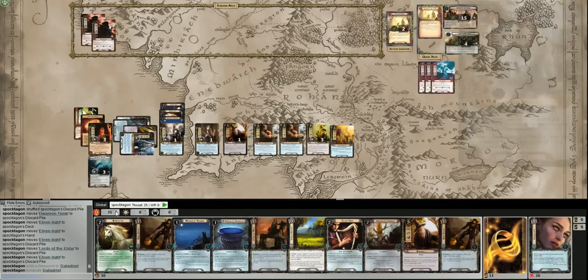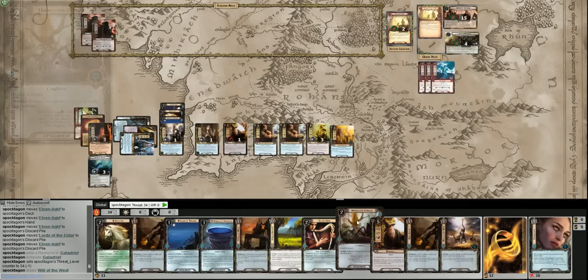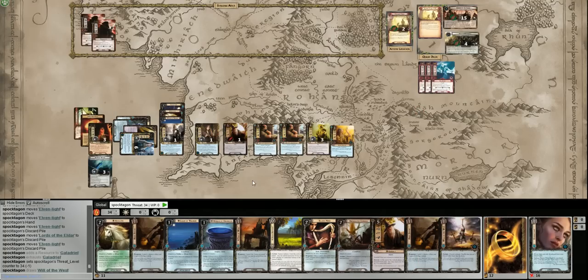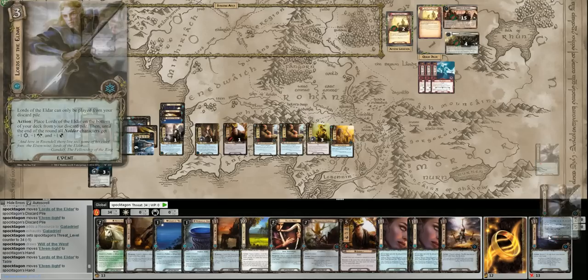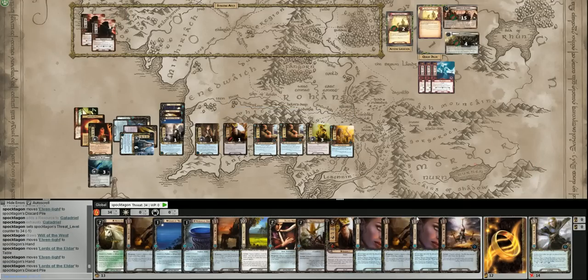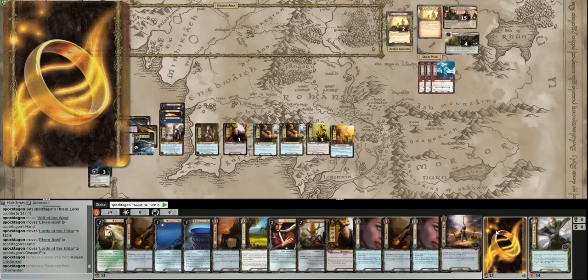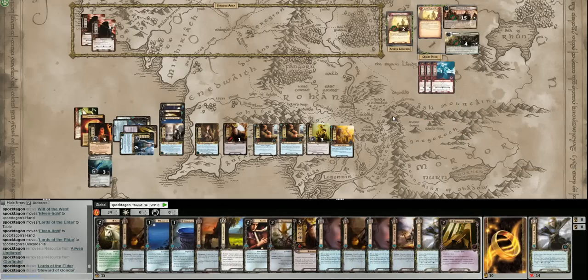We'll exhaust Galadriel to draw a card. And... okay, we'll pull back our 2 Elven Lights. 1, 2, draw 2 cards. 1, 2. And...